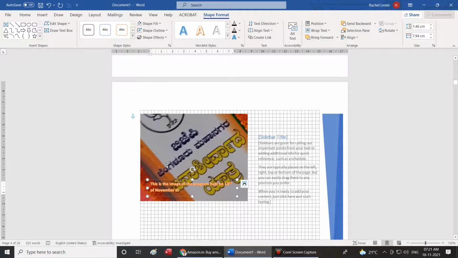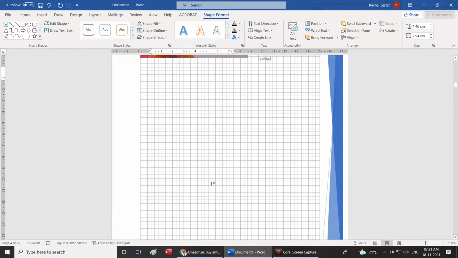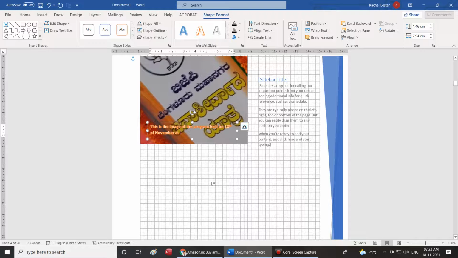Please make a note of an assignment. Insert some 20 images, and on the image insert text boxes. So insert the image and create a caption for every image.